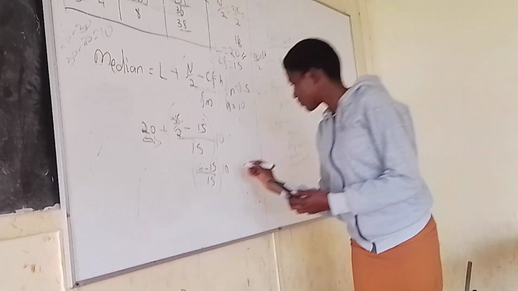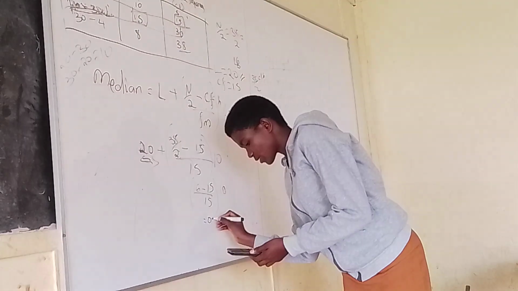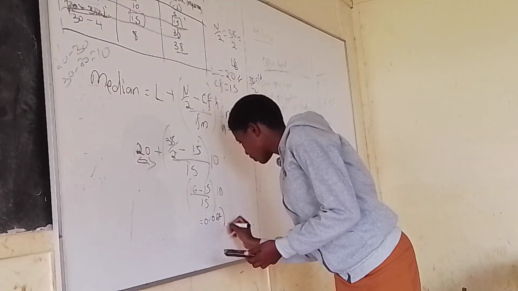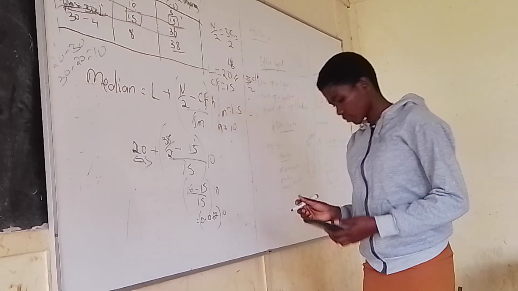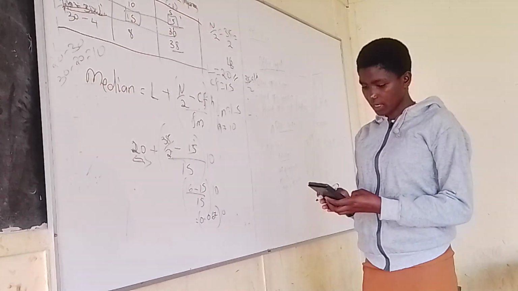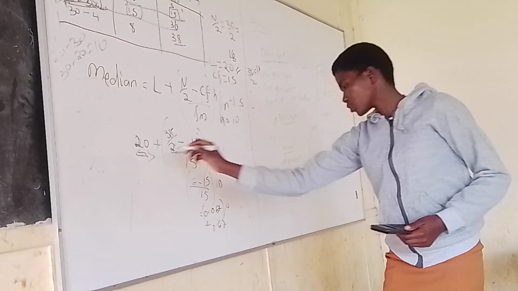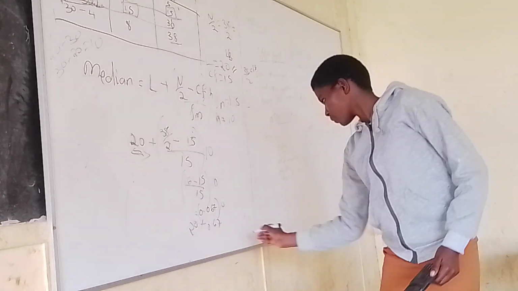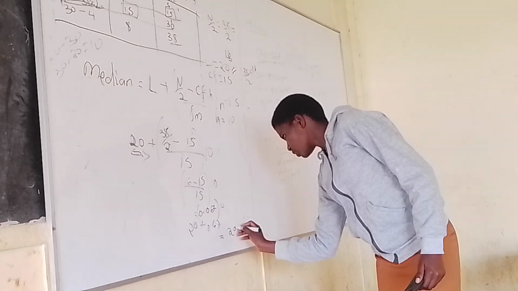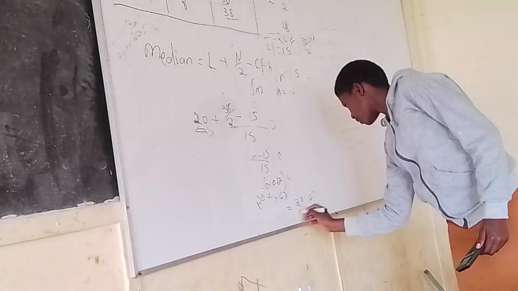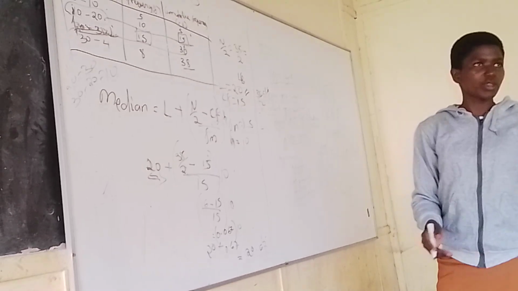1 divided by 15 is 0.067. Then you times 10. When you multiply by 10, you get 0.67. This one you add to 20. So our median is 20.67. If you want to confirm whether you are correct,